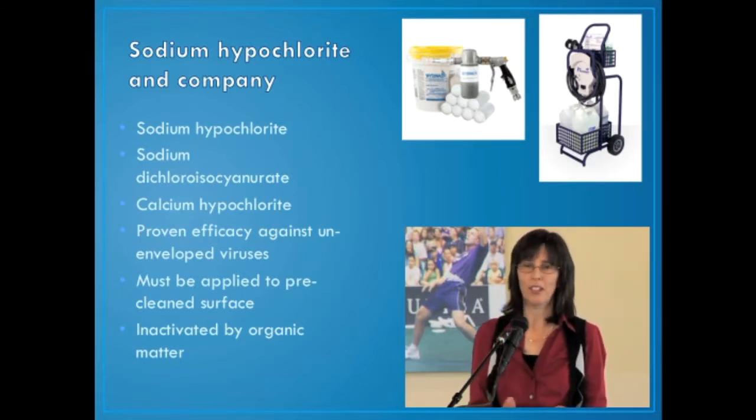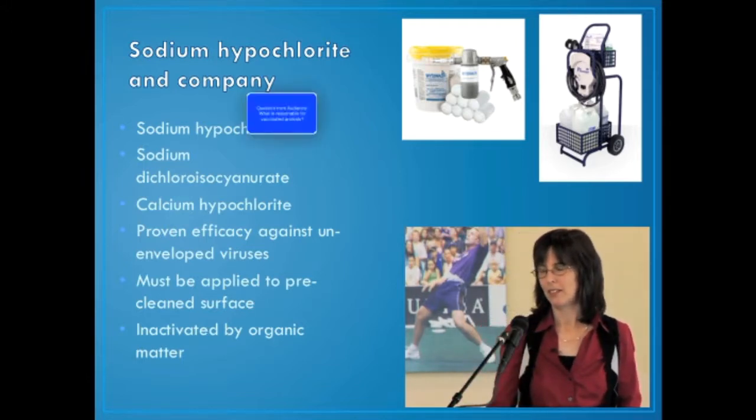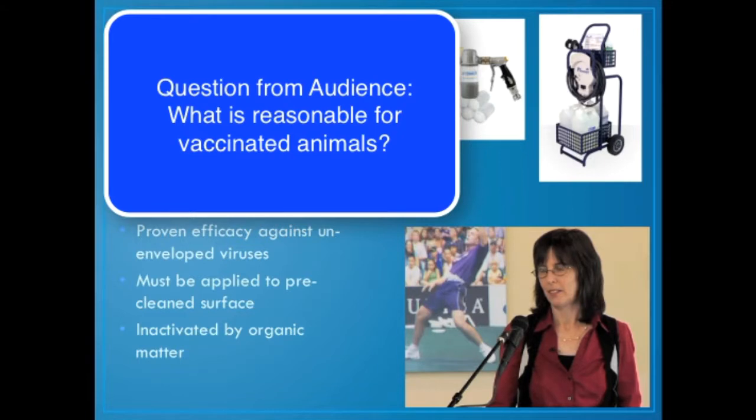Then you've got to dry it. So time-wise, it's more costly than some. And then did you have one more? Between animals, what's reasonable for vaccinated